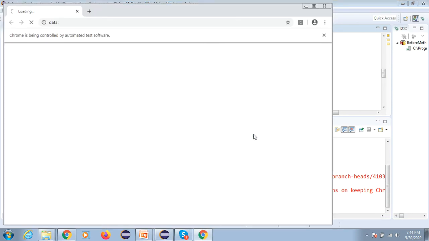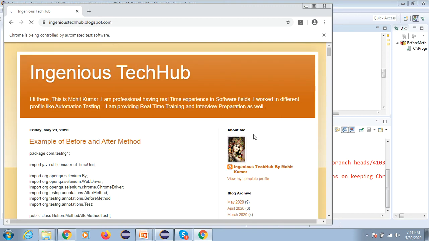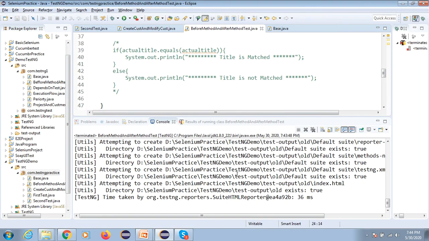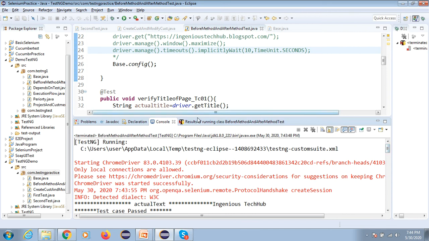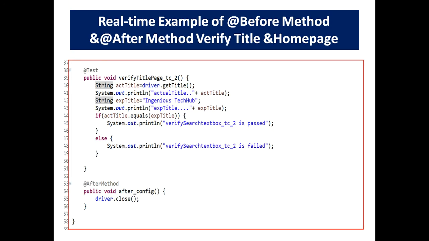So it is working fine. Here you can see the browser is going to launch two times and again verifying. We will also do one more thing, so I will tell you, so you know how it is going to work. Let me check. So this is the code, we already did this. Now the same code.